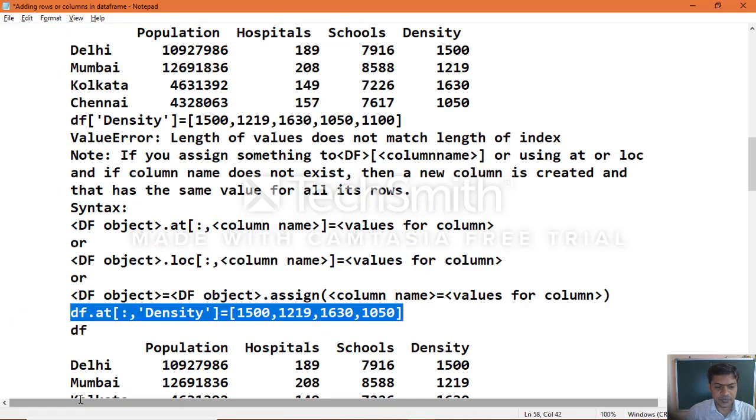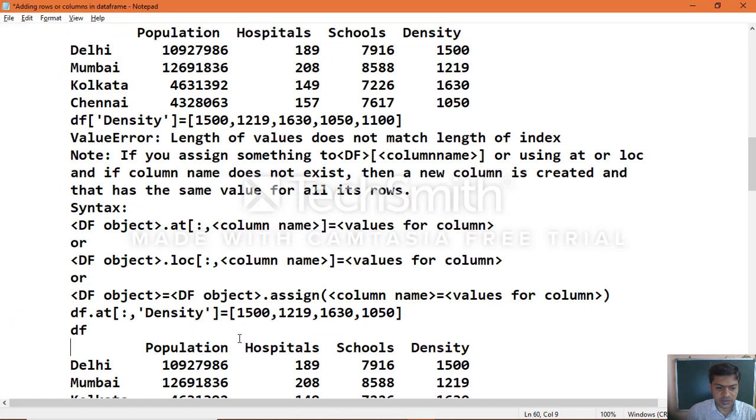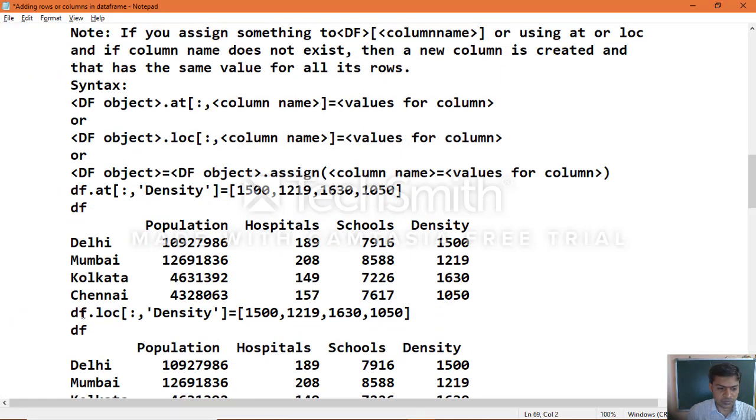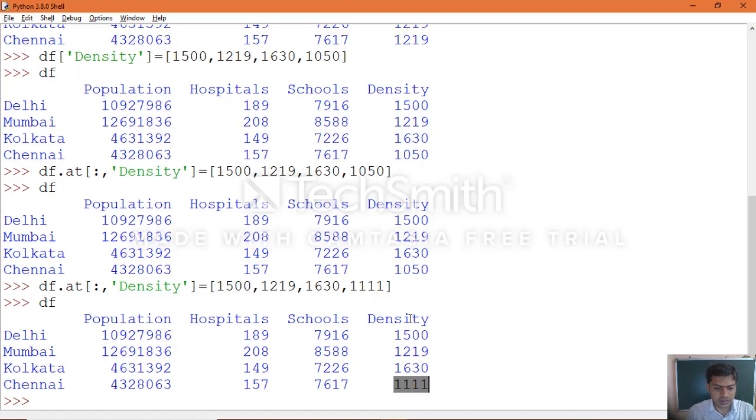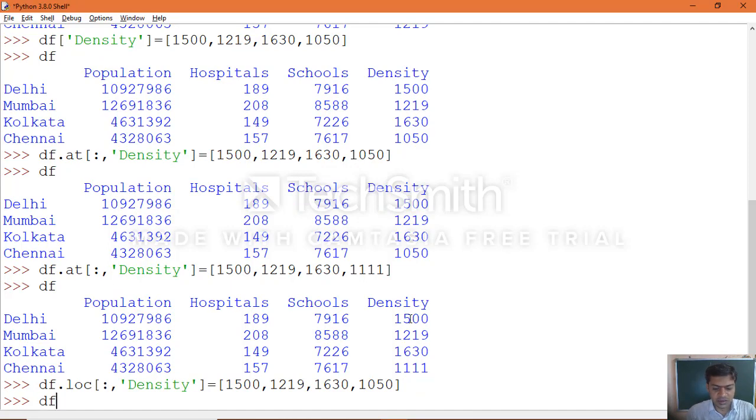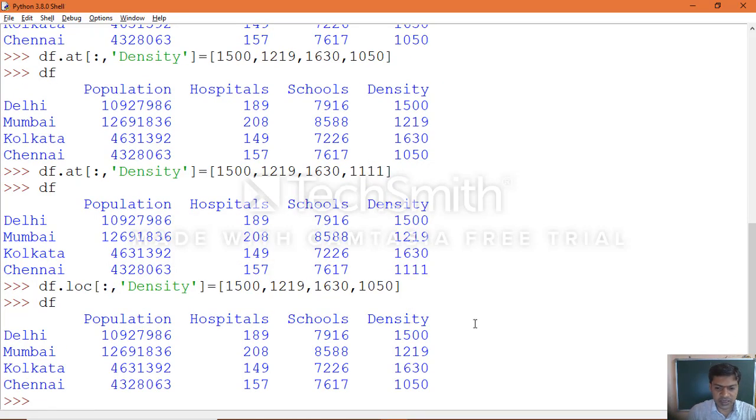Same way, you can use the loc attribute. Create the object, print the object. As you can see, again the difference. Earlier the last row value in that particular column was 1111, and now again we changed it.